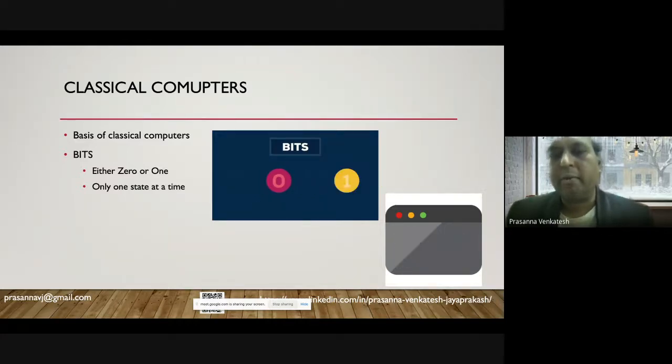At any point in time, a bit can have one state or the other, either a low charge state or a high charge state. That is how, even though you are talking about all the different applications, at the end of the day the machines you're interacting with, your laptops and desktops, predominantly understand only bits.